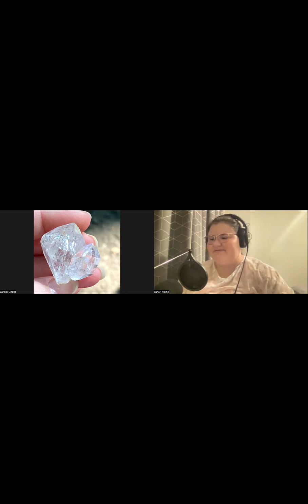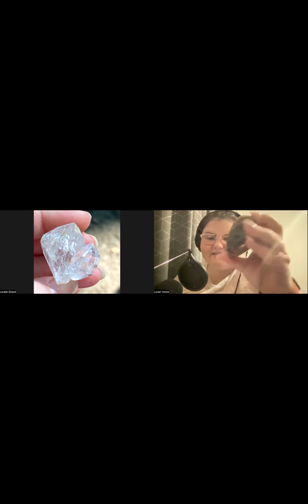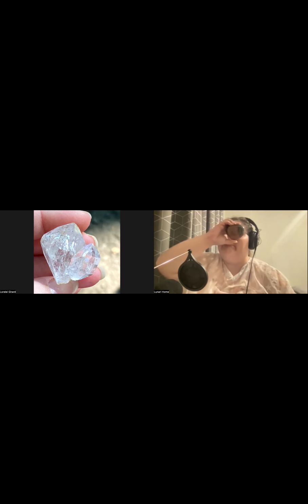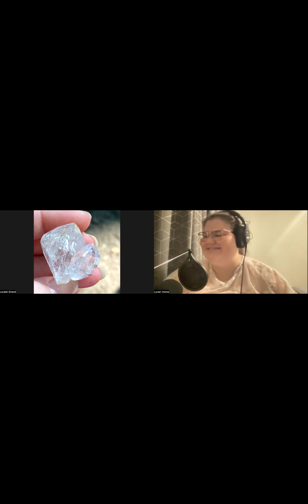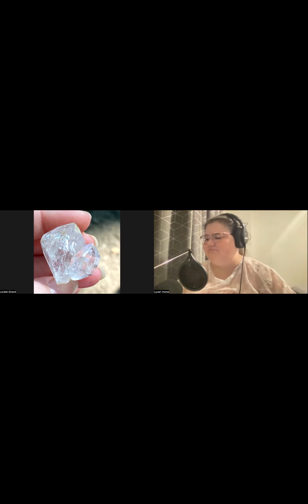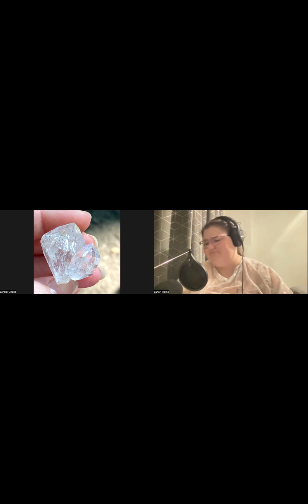That is a polychrome jasper right there. So they're the same thing, but it's opacity that makes them different. Jasper is completely opaque. You cannot see through it. Whereas with an agate or a chalcedony, you can hold it up to the light, and some light will pass through. It's transparent to semi-transparent, so you can sometimes kind of see through, but not quite. So that's the main difference between the two.